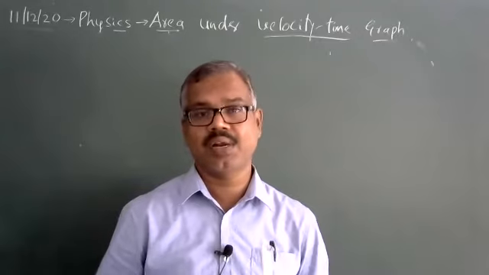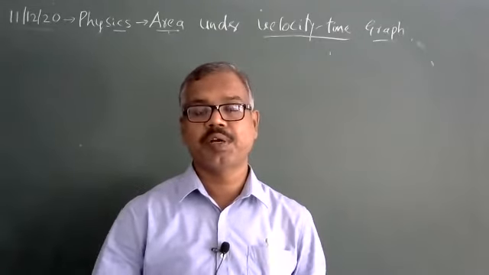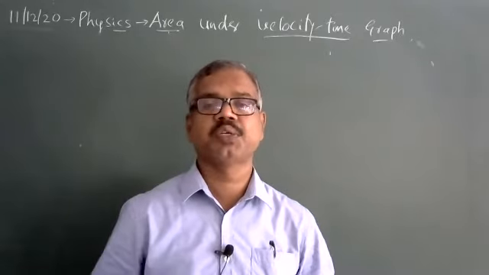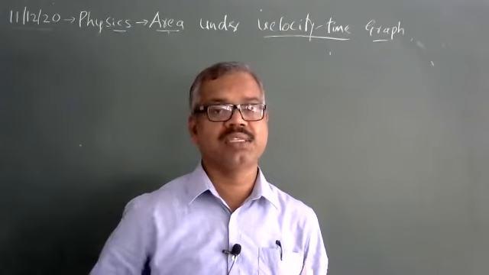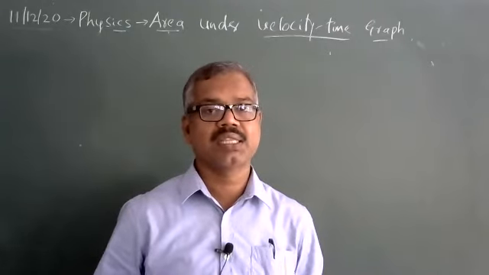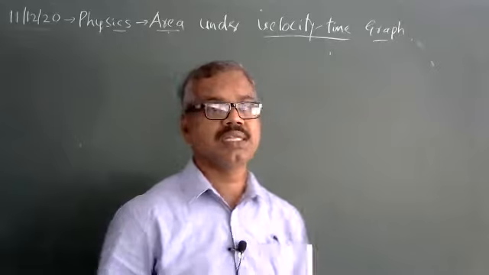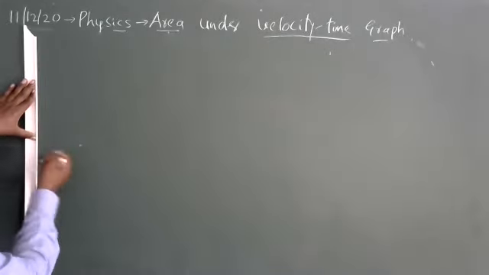Now let me have a velocity time graph, in which my graph is going to be velocity versus time, and let the object have uniform acceleration. What is uniform acceleration? The slope of the VT graph will give me acceleration. This acceleration is nothing but a slope. It remains constant. Hence it is called uniform acceleration. Let me have a diagram. Then we'll analyze it. What is the next step?